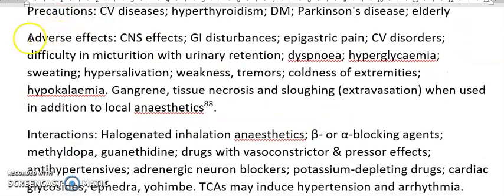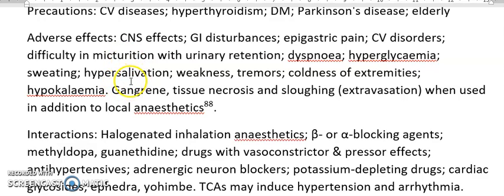So what are the unwanted effects of adrenaline in patients? You might see central nervous system effects, gastrointestinal disturbances, epigastric pain, pain in the tummy, cardiovascular disorders. If you already have problems with urinating, you might have further difficulties in micturition. Dyspnea, shortness of breath, hyperglycemia, your glucose levels go high, sweating, hypersalivation, so